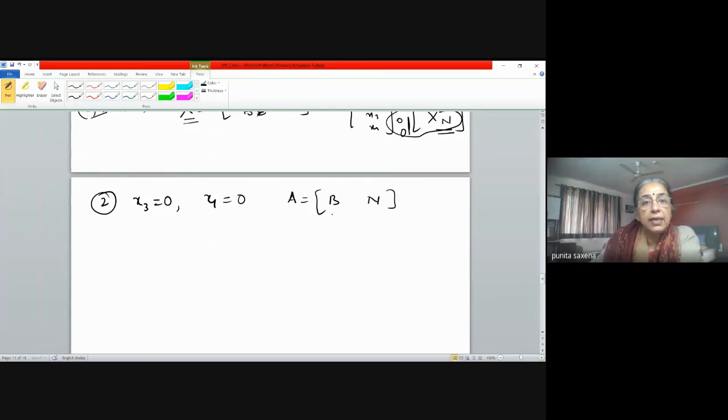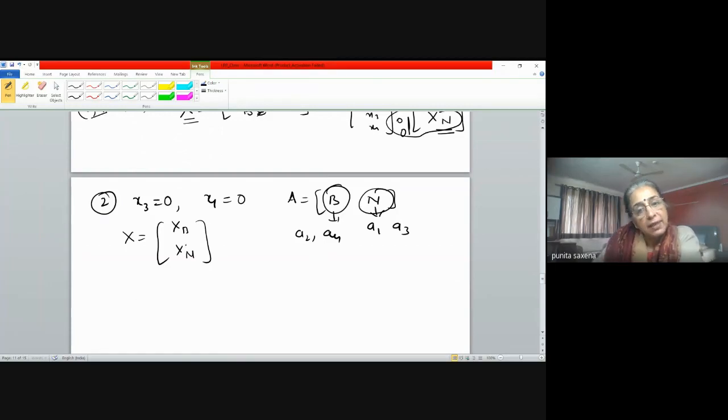ठीक है, लेकिन इस केस में N जो होगा वो A1 और A3 हो गया, और B A2 और A4, ये दो कॉलम्स B के कॉरेस्पॉन्डिंग आएंगे, इसीलिए हमारा जो X था XB और XN भी चेंज हुआ, बट XN फिर भी 0 रहा, क्योंकि नॉन बेसिक। XN में हमारे पास x1 और x3 आ गए थे, जिनको हमने 0 किया, और XB में x2 और x4। अब इसमें x2 की कोई वैल्यू आई और x4 की नेगेटिव आ गई थी ना इस केस में।